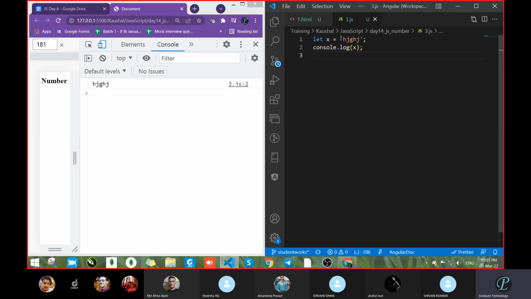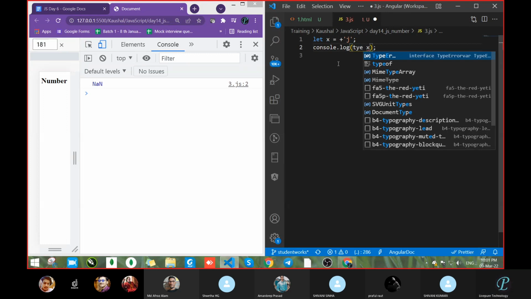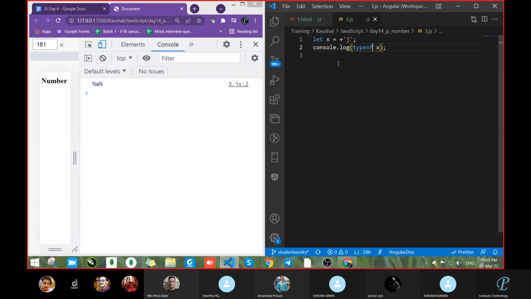To convert a string into a number, we were adding a plus sign, correct? Yes, sir. Oh, sorry. We have to check the type here, typeof. Yeah, it gave number. Correct. So this way we can convert a string into a number.